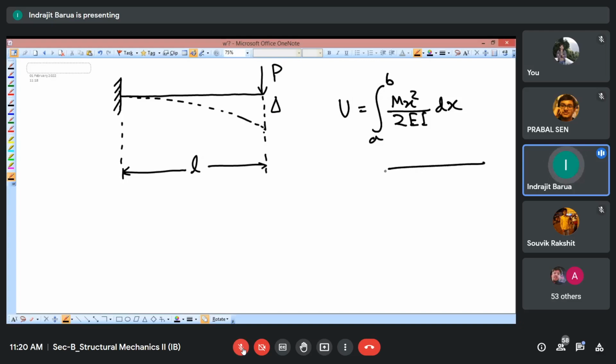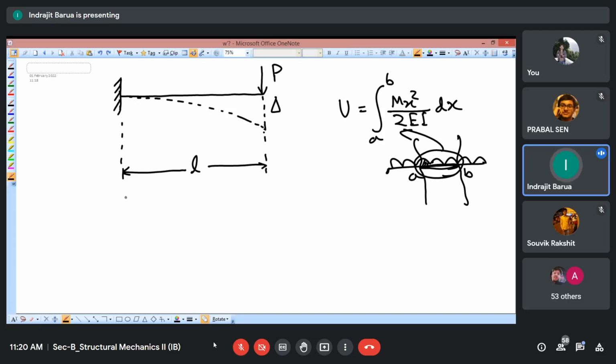Like if we are considering a beam, let's say this is simply supported, but we are considering this range. We are interested to see within this range. Let's say this is point A, this is point B. So I can use that directly within A to B to get the internal strain energy stored within this region. Okay, as simple as that. Here we are interested in the maximum deflection, which is at this end, and the overall effect of strain energy needs to be counted from this point to this point. So this is 0, this is L, let's say. So this is A, this is B, capital A, capital B. With respect to that, we will be using this expression.